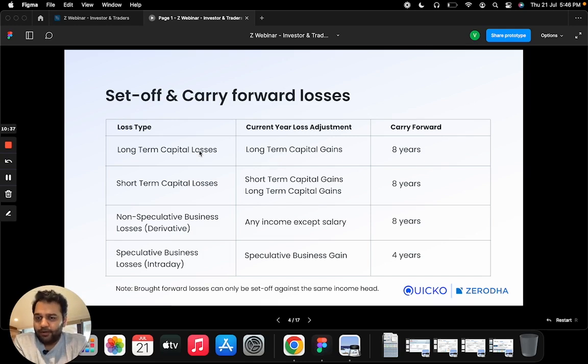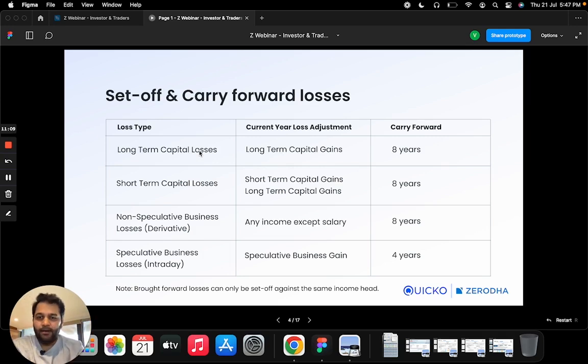Now, short-term capital losses, on the contrary, can be set off against both short-term gains and long-term gains. Again, you can carry them forward for 8 years. Now, you may ask why this difference in treatment. So, short-term income is taxed at a higher rate. So what the income tax department is saying is, I'm going to allow you to set those higher rate losses against both short-term capital gains, which is the same rate income, but also long-term capital gains, which is a lower rate